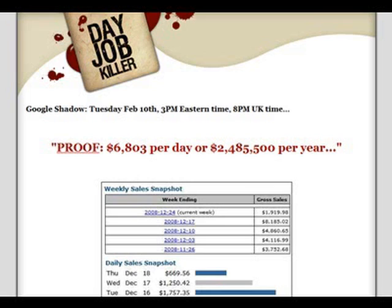Okay, so I want to give you proof, and I want to walk you through my ClickBank accounts. This is something that we've done with every previous launch. With our first release, Affiliate Project X, back in October of 2006, we gave away proof that we were making, I think it was $50,000 a month back then. So the angle there was the $500,000 ClickBank account. And we were confident that our income would continue and that it would in fact increase, which it did, because